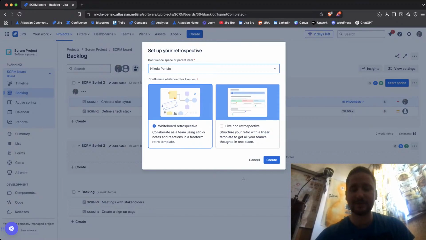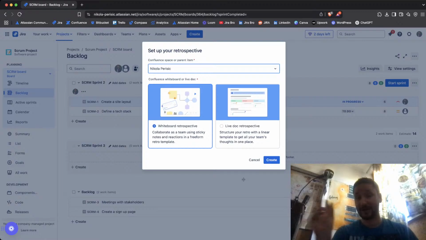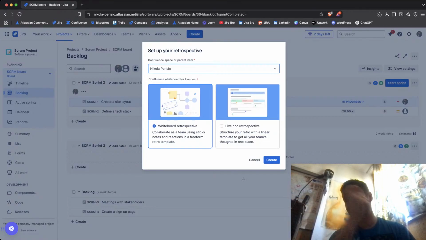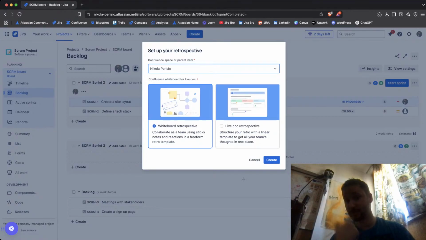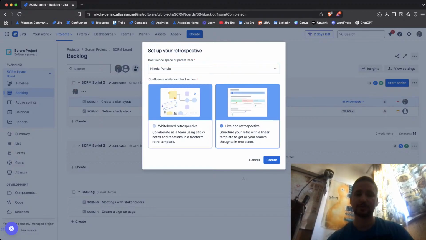What is the difference in here? With the live doc retrospective, anyone who has access to your Confluence space will be able to contribute in real time, and you as a Scrum Master can see those changes in real time. So if I go with the live doc retrospective,